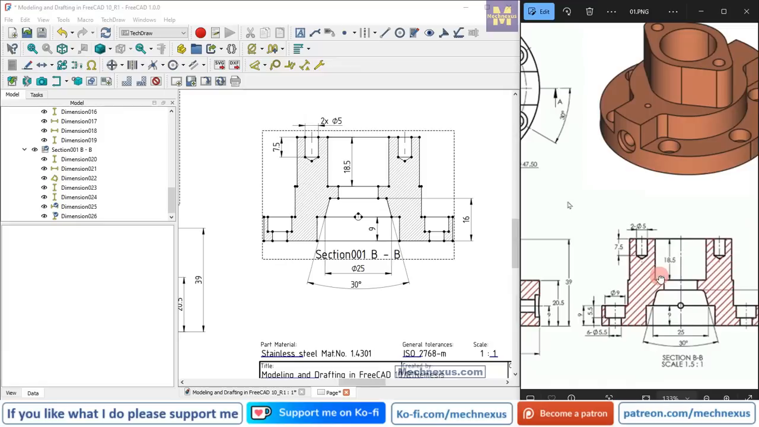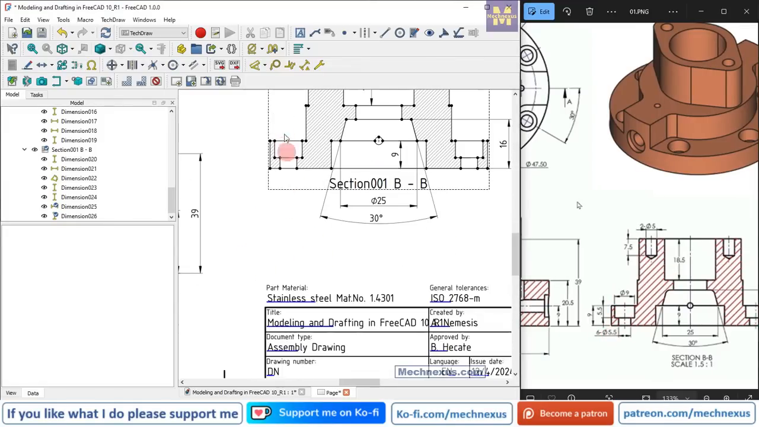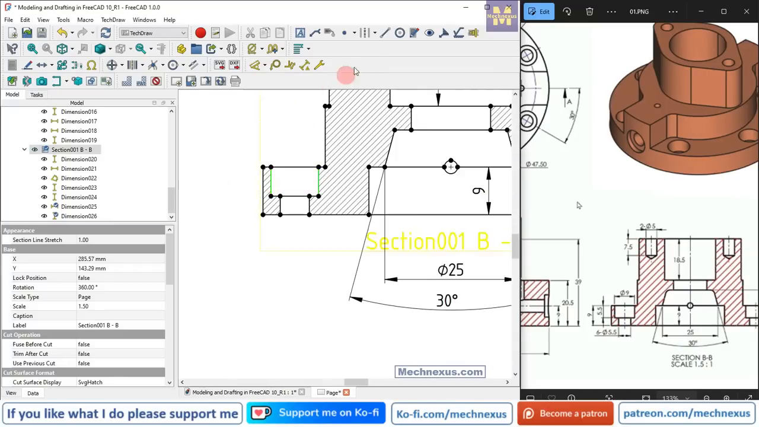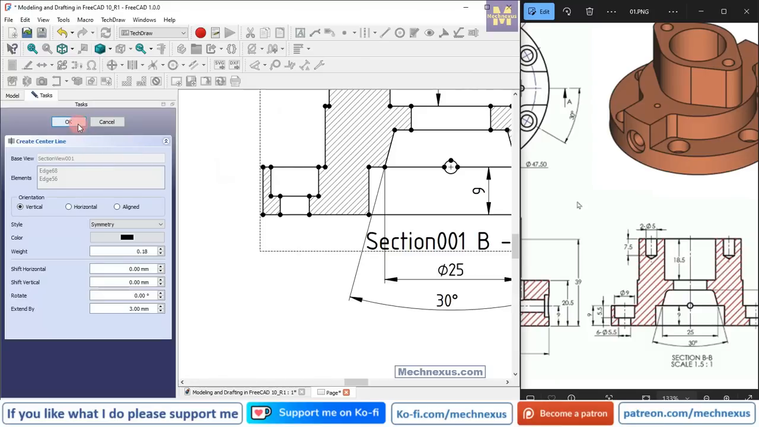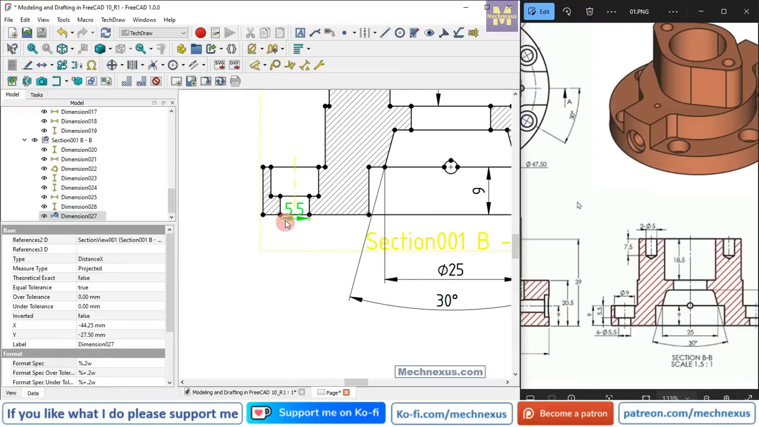Now we will provide the counter bore details. So first we will insert a center line for our counter bores. We will select these two lines and add a center line between the two lines, and I will select this chord point and add a horizontal dimension 5.5, but it is a diameter, and quantity is 6, so we will mention 6x,